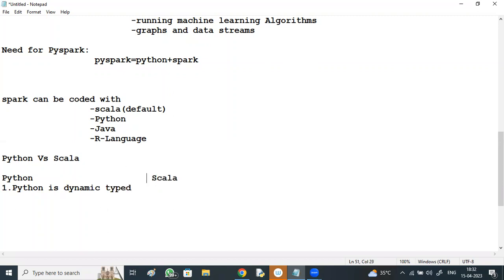Scala is statically typed. Python has a huge community. Scala's community is smaller.